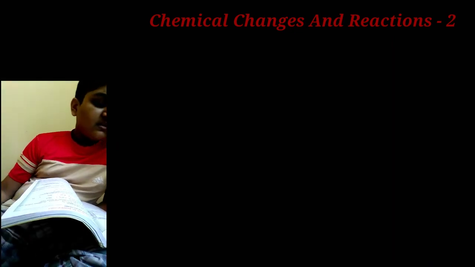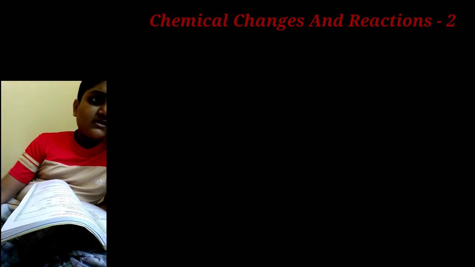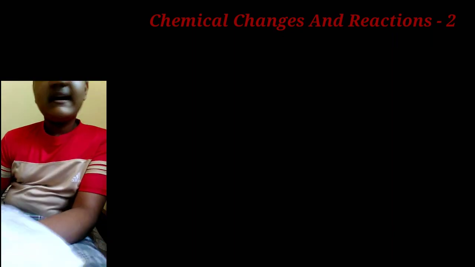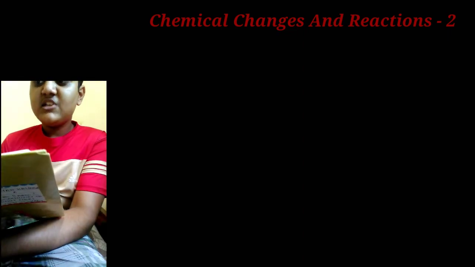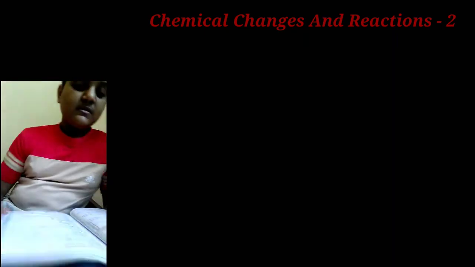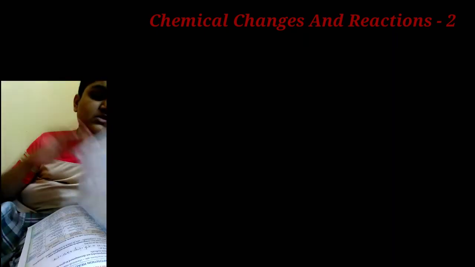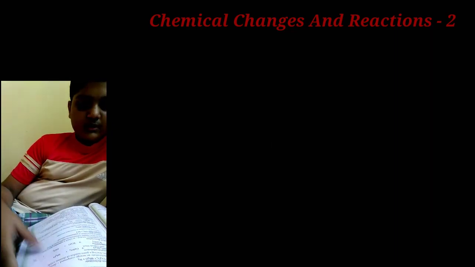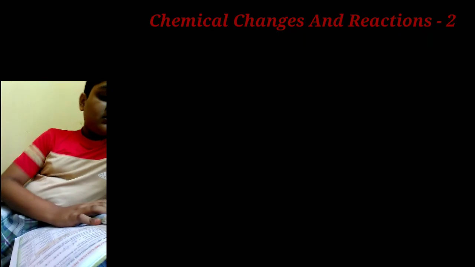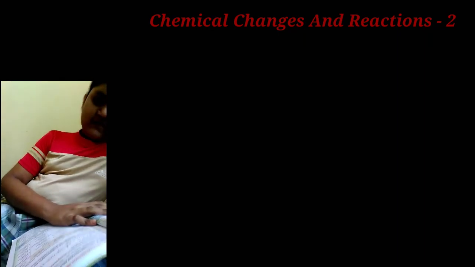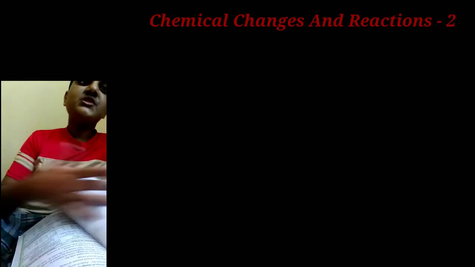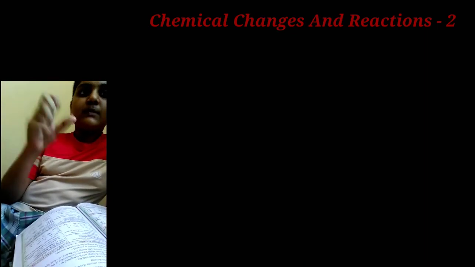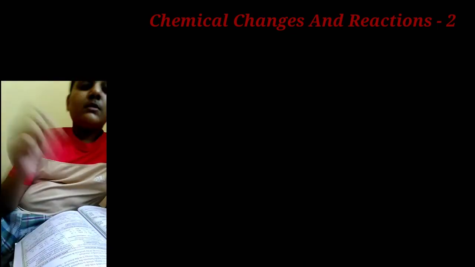Decomposition reactions we learned: some metallic oxides, metallic carbonates, metallic nitrates, the heating of ammonium dichromate, CuSO4.5H2O, thermal dissociation, electrolytic and photochemical, then displacement reactions with definition and 3 to 5 examples. Then double decomposition, precipitation, neutralization and its applications, exothermic and endothermic, and photochemical reactions. So that is all about the chapter.